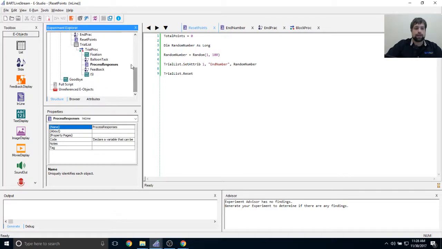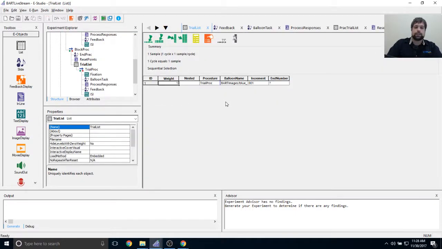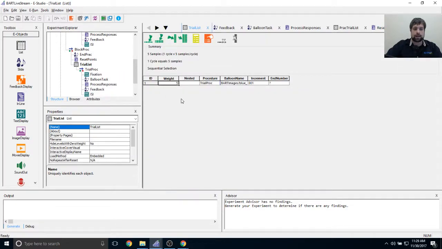Now, because of the structure of this, if I actually want to add more trials to my trial list, so let's say I don't want one practice and only one critical. Let's say I want participants to run through 5 critical trials. What I could do is change the weight here from 1 to 5. Now, keep in mind what this is going to do, with my reset points here, it's going to maintain that exact same random number for all 5 trials, and that's not ideal, because basically, after about 1 trial